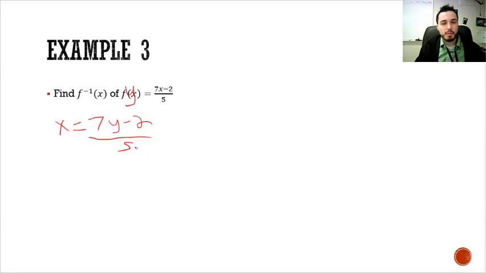Now in this problem, before I can actually get rid of this minus 2, I have to see that this entire side has been divided by 5, so I need to cancel that by multiplying both sides times 5. So I'll cancel the 5 on the bottom, and so now I've got 5x equals 7y minus 2. Now I can go in and I can add 2,